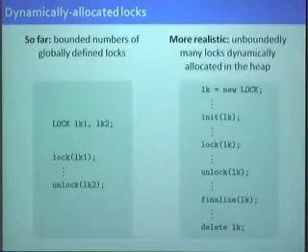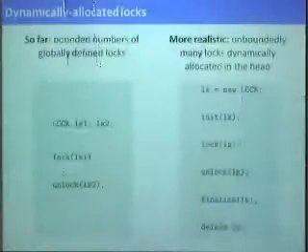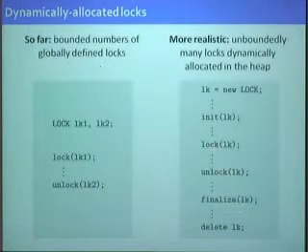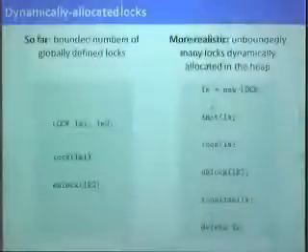That is, the life cycle of a lock in a program looks something like this: I would first create allocation LK at the address LK. Then I would initialize it, that is, convert it to a lock, and maybe allocate some system data structures that are associated with this lock. Once I do this, I'm allowed to acquire and release the lock. And finally, when I'm done with it, I can finalize the lock, just convert it to an ordinary location, and dispose of whatever system data structures are associated with it.